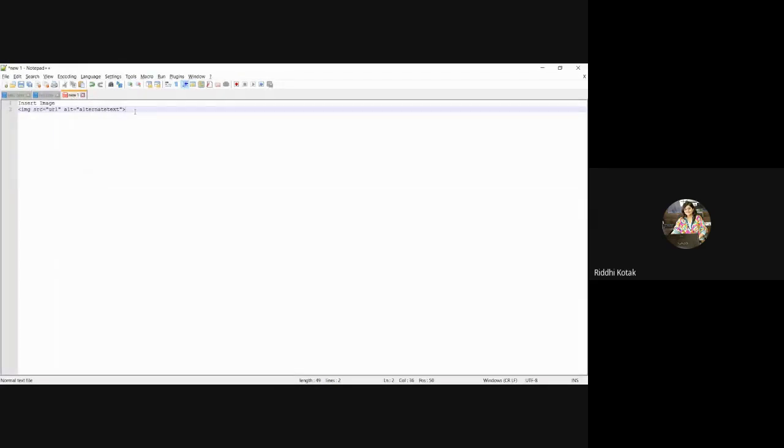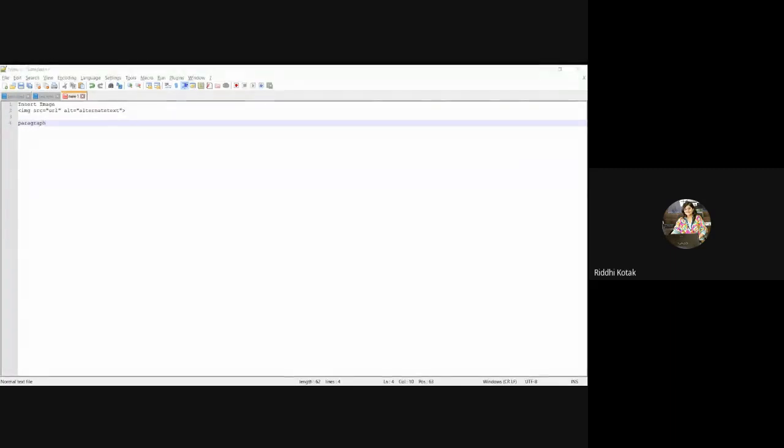Next, you just do one thing. Create a table. No, first just prepare a paragraph. Whatever image you have inserted, add the details about that. For that, have you learned the paragraph or not? Which tag is used to create the paragraph?